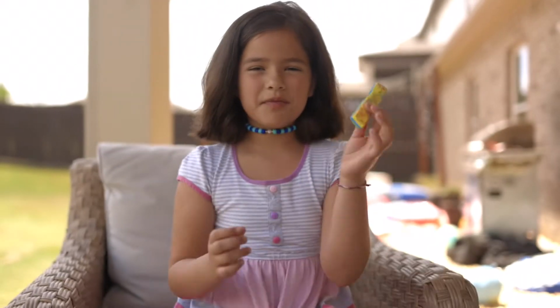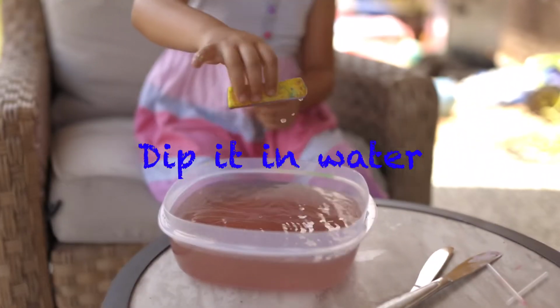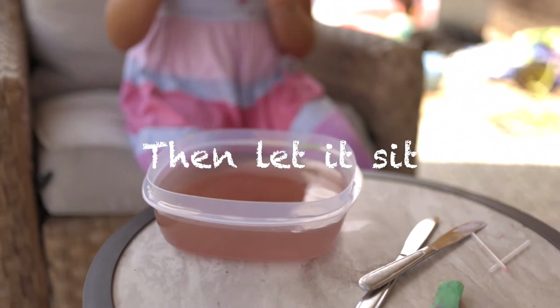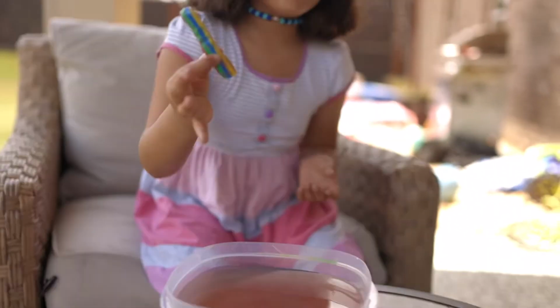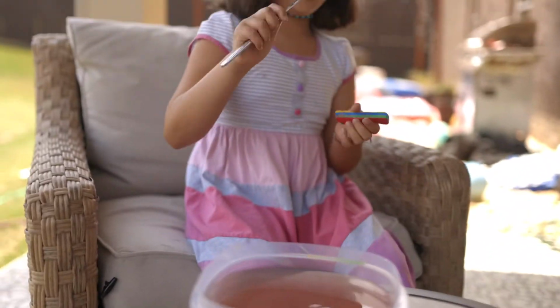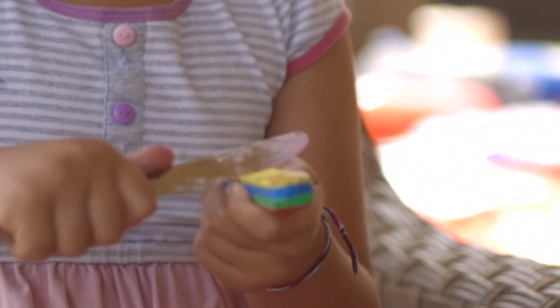So first get the chalk, put it in the water, and then you can take it out, let it sit for a while, and when you think it's ready, pick it up. Then you start getting the butter knife. Then you basically do this with it